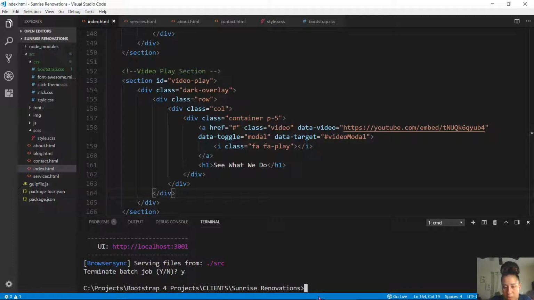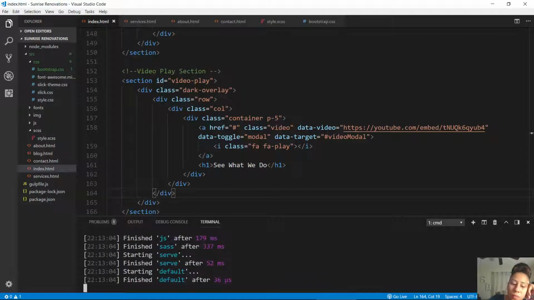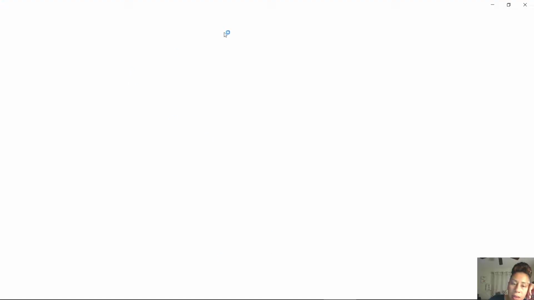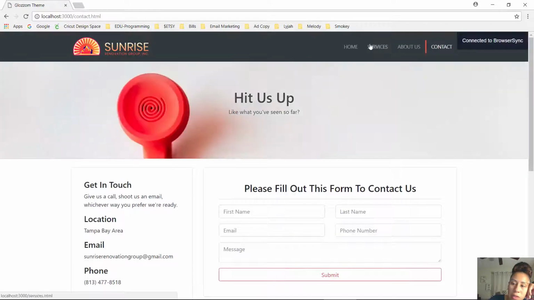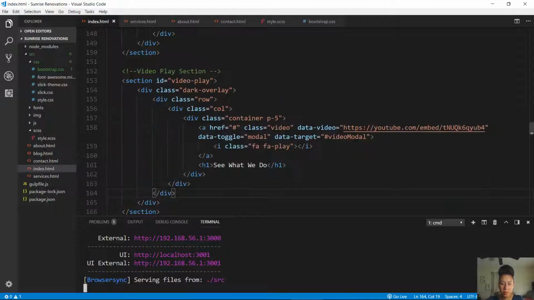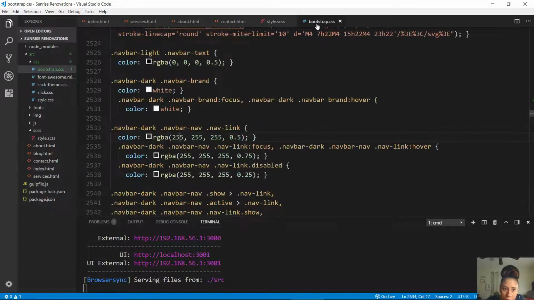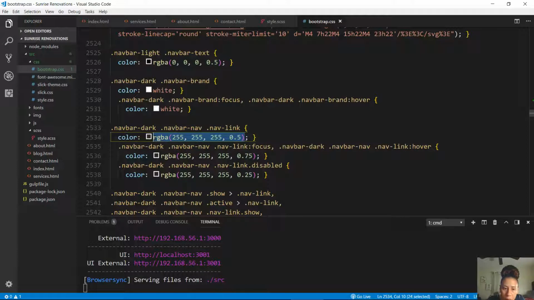Okay, all right. So to start the browser again, I'm going to type in npm start, and enter. And there it is. And it still didn't change my link colors. So what I'm going to do is go back over here, and how do I boot it out? Do this,